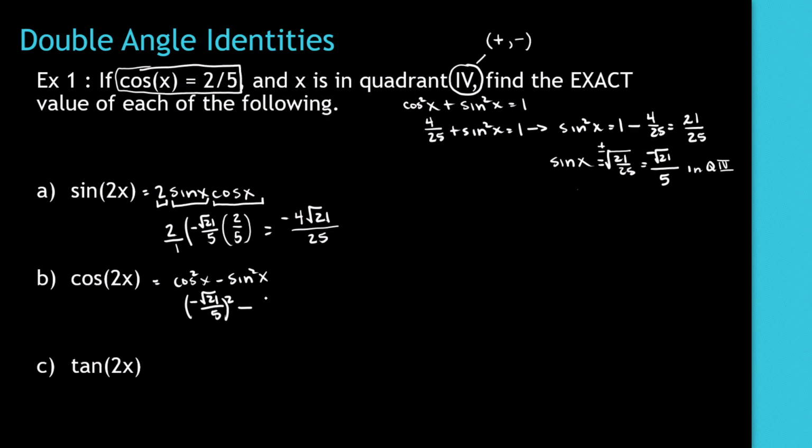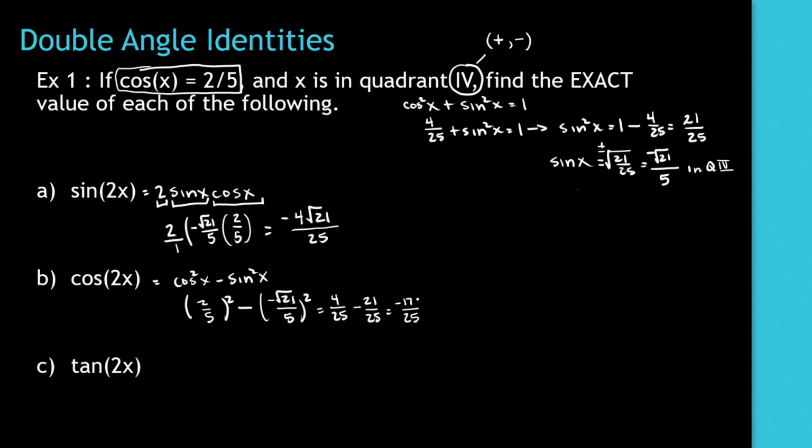They gave me cosine, which is 2/5. We found sine, which is negative square root of 21 over 5. And if I square both of those, I get 4/25 minus 21/25. So I get negative